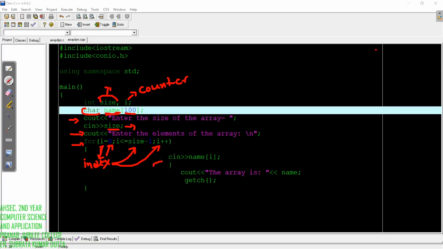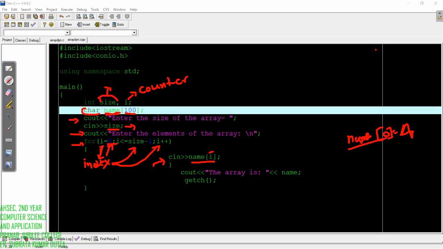Then the next line in the loop: here the user will enter the value. Say the user enters a at the beginning. Where will it enter? It will enter in the array name, and at which index? If the value of I is 0, it will enter in the 0th index of array name.